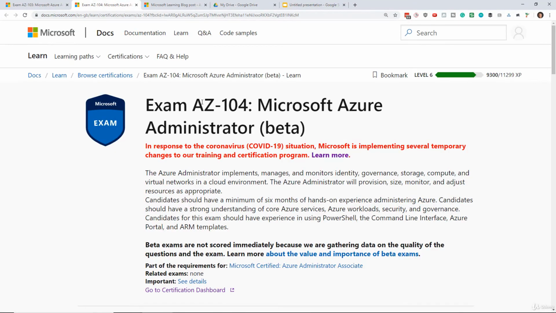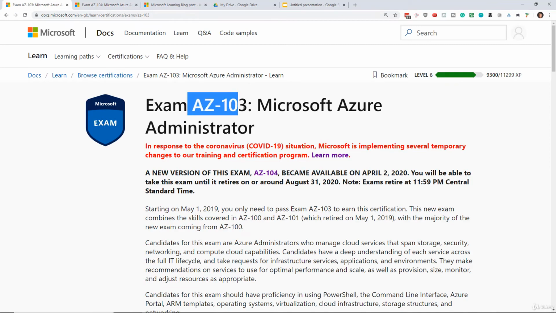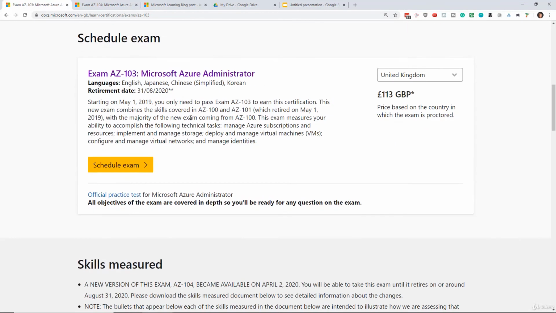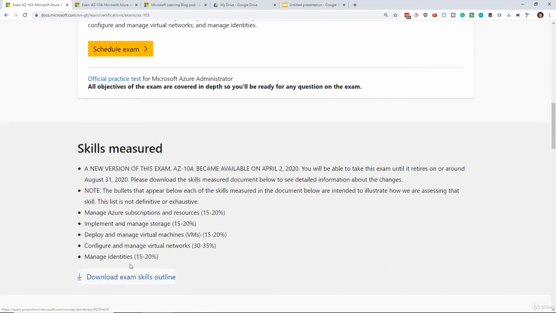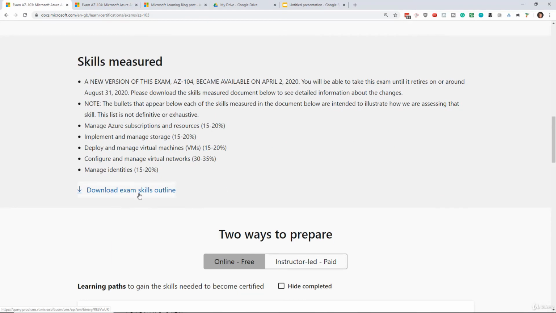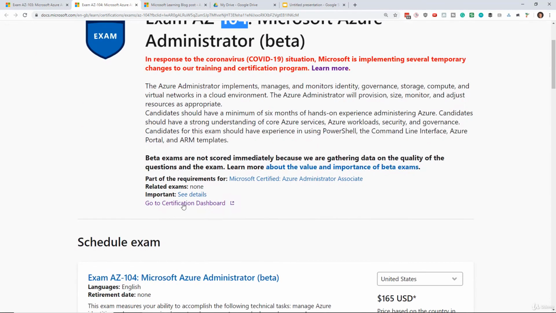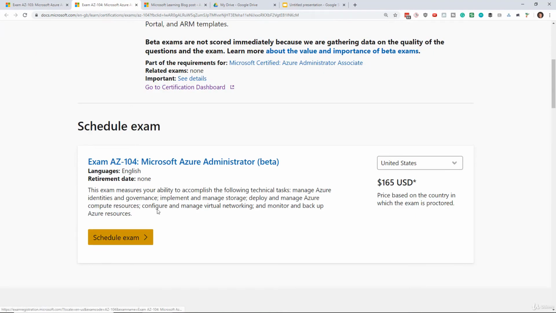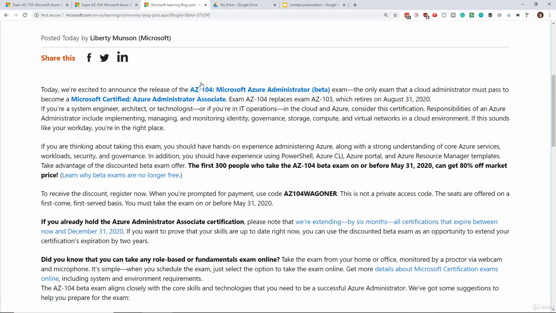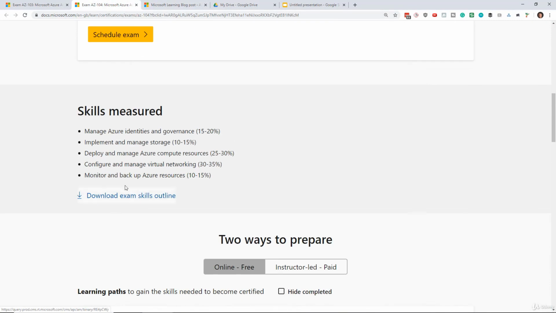So, like I said, this course is focused around the AZ-103 content. You go into your search engine and search for AZ-103. You're going to be able to go under skills measured and see the outline of the exam. If you're interested in taking the 104, you can obviously find the 104 page and book the exam online. Keep an eye out for that discount code if they ever renew it. And you'll see a different set of skills in this PDF.